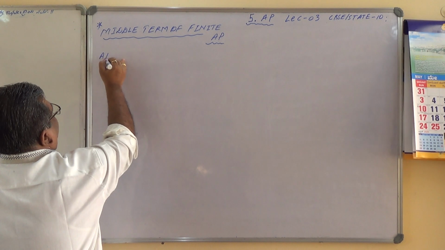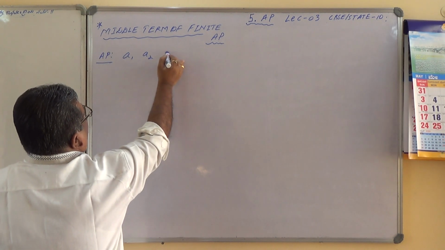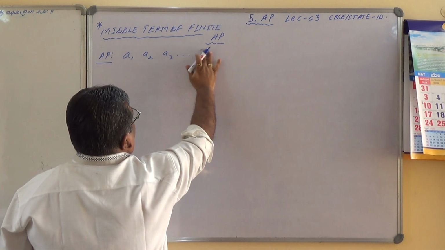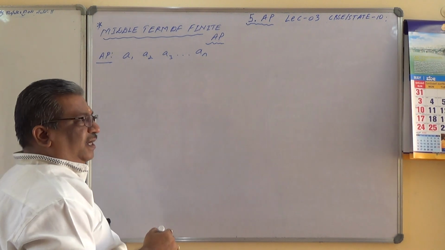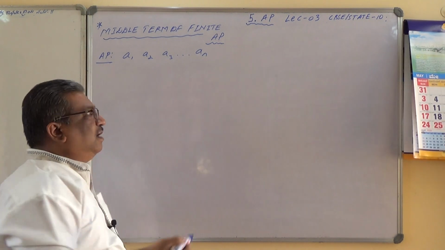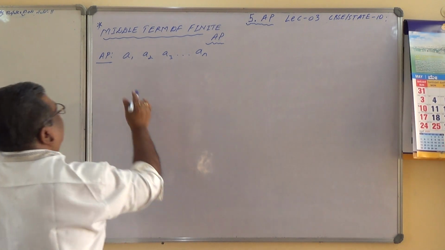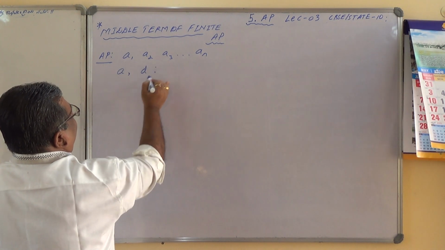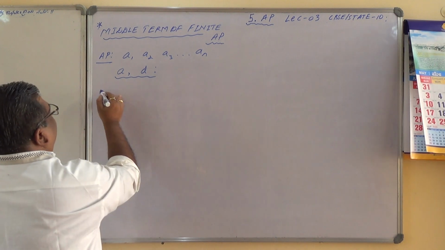AP given to you is A1, A2, A3 dot AN. I'll write AN is nothing but the last term. Sometimes we represent AN, sometimes AM, sometimes L. All these are the standard notations for the last term. So let nth term be this one. So the first term here will be A and common difference will be D. These are the things which you know already. So case 1,